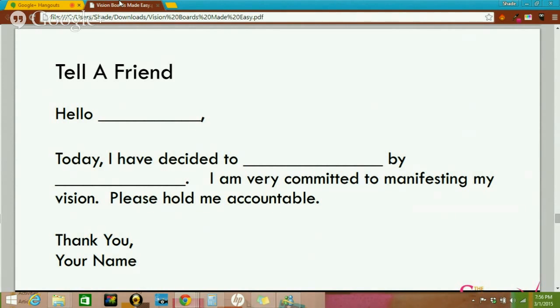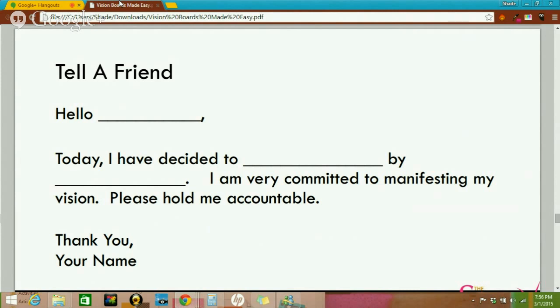So my brother and I, like I said, he's one of my accountability partners. Every single month, the first of the month, we have a meeting. The first of the month, we make a goal for that month. And if we do not accomplish that goal, we owe each other money. So our goals are tied to money, and I don't like to give him any extra money, so I try to accomplish my goals by the given deadline.